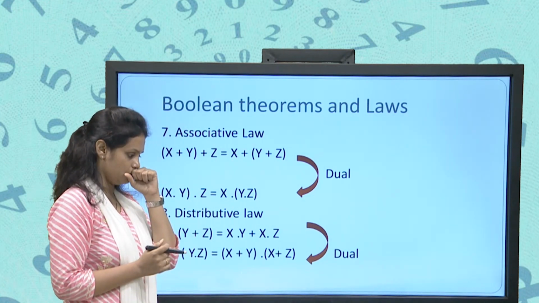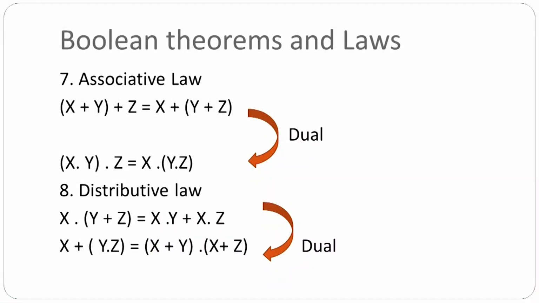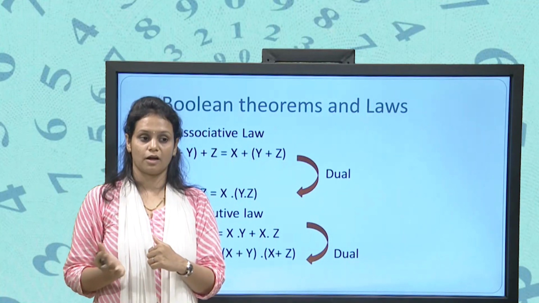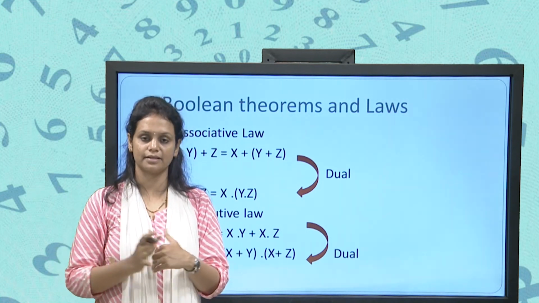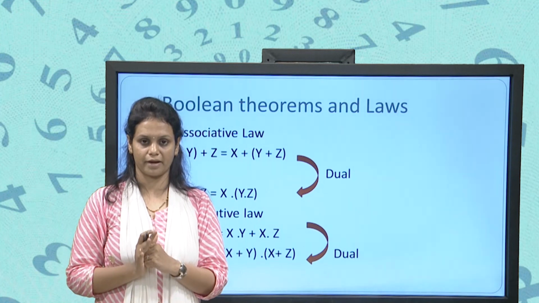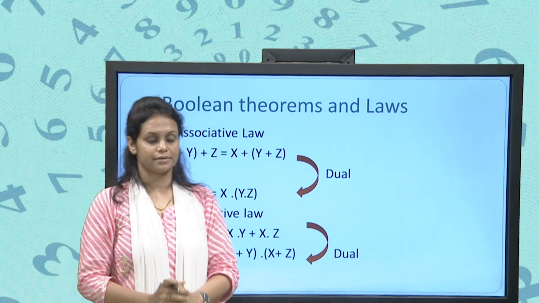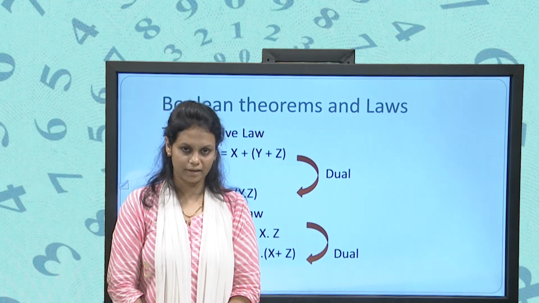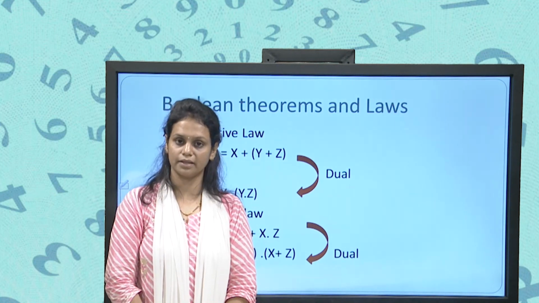In the same way, in the normal number system, suppose we do x plus x. What is the output? The output is 2x, 2 times x. But in the Boolean algebra, the output will remain x, and this is called the idempotent property. Fine. I am repeating again, 0 is considered as the smallest element in the Boolean algebra, and 1 is considered as the highest element in the Boolean algebra.